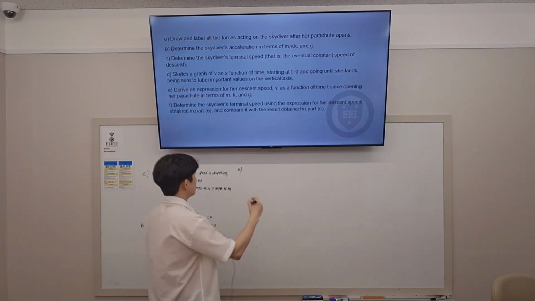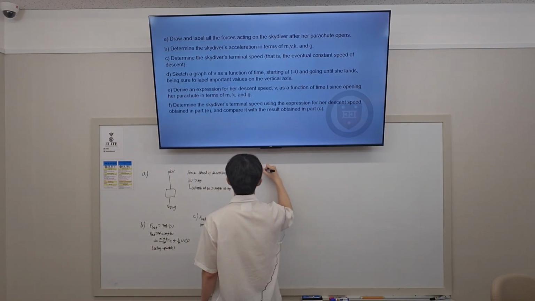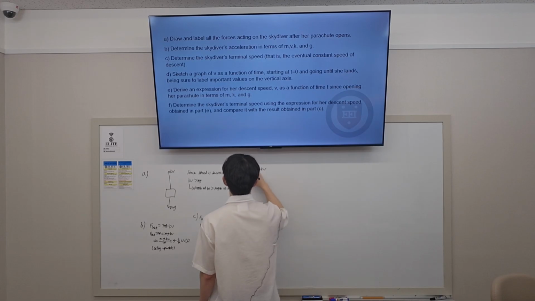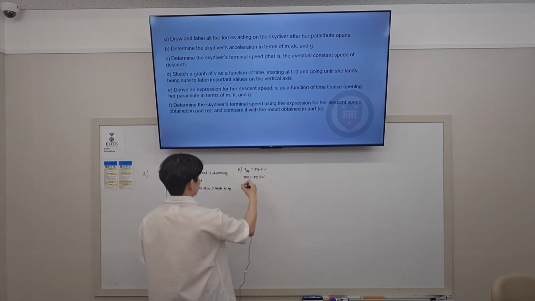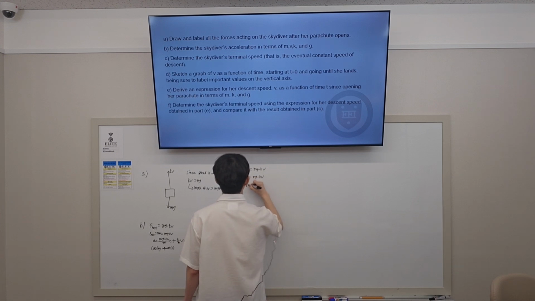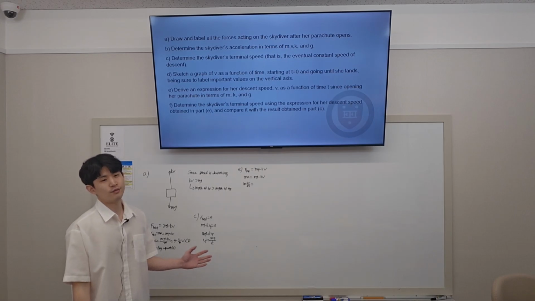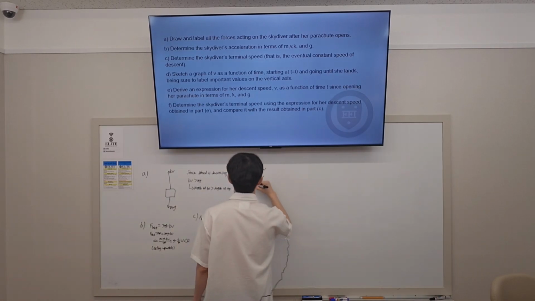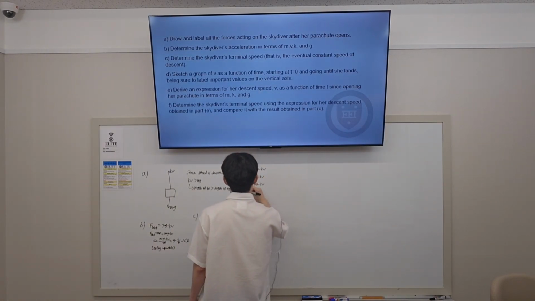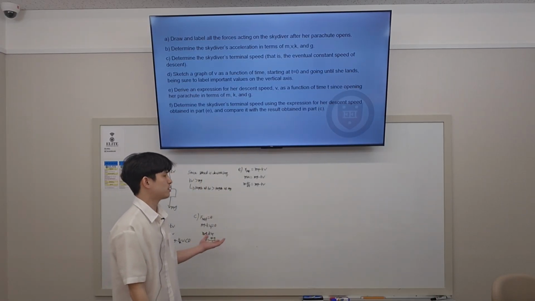So for this one, we know that net force is mg minus kv, and net force is ma, of course. And I just told you that a is dv/dt, because if you differentiate velocity with respect to time, you get acceleration. So a is just dv/dt. This is a differential equation, and you can solve it using separation of variables,